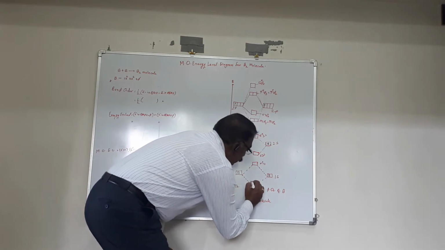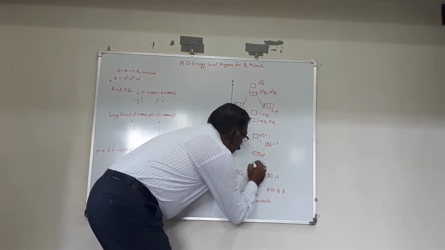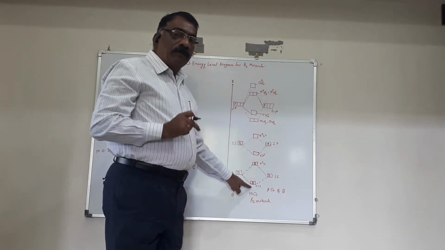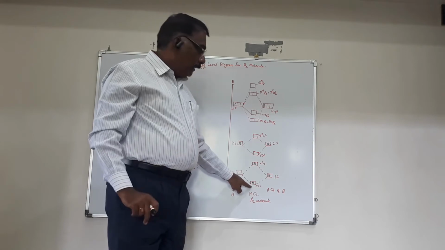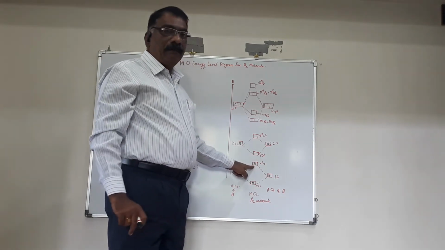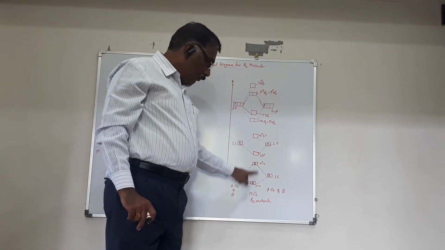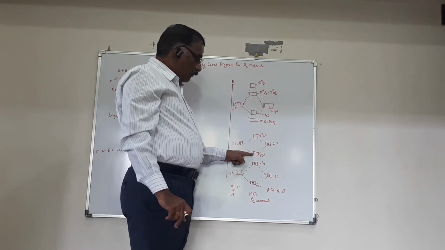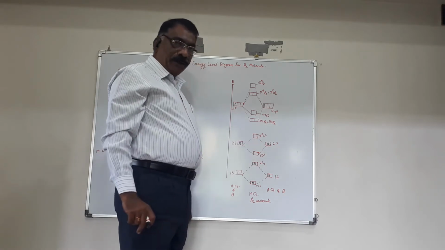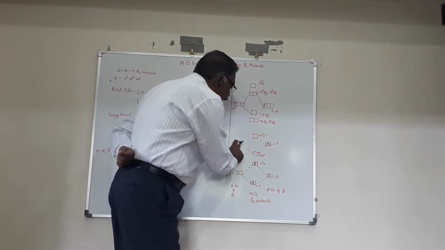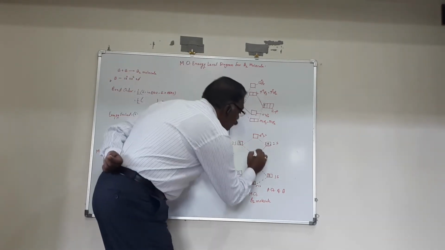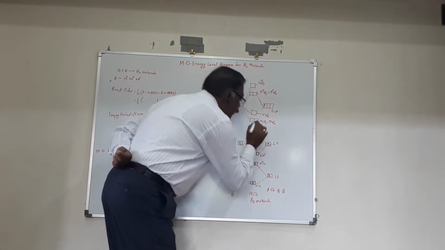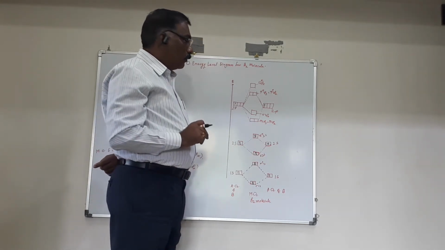So there are 4 electrons: 1, 2, 3 and 4. The first orbital, which has the lower energy, is filled first, according to the Aufbau principle, and then electrons enter into the orbital having higher energy. Then we go to the 2s combination, where there are the sigma 2s and sigma star 2s orbitals. Here there are 2 electrons and 2 electrons, again 4 electrons: the first, second, third and fourth. Each orbital has a capacity of 2 electrons.